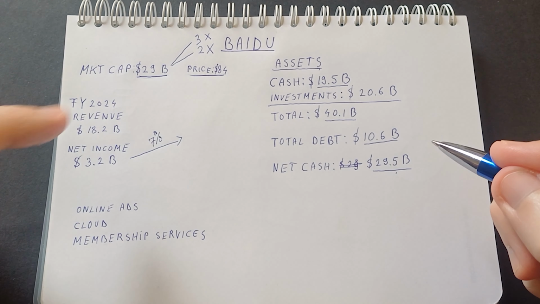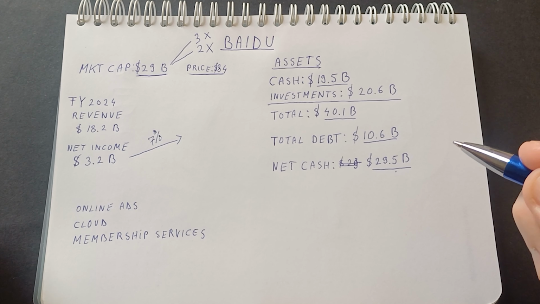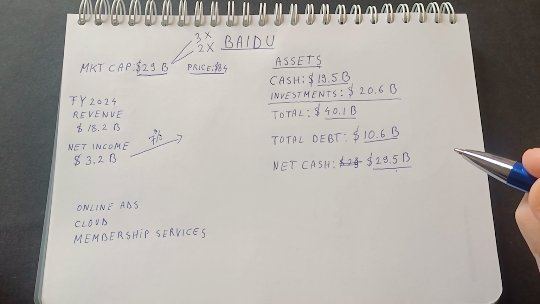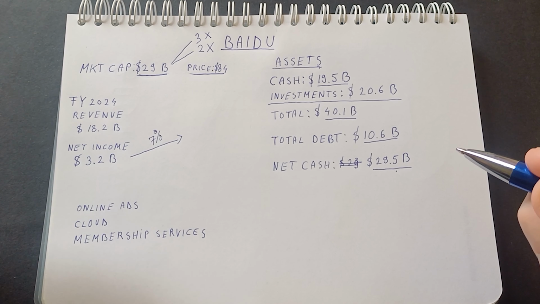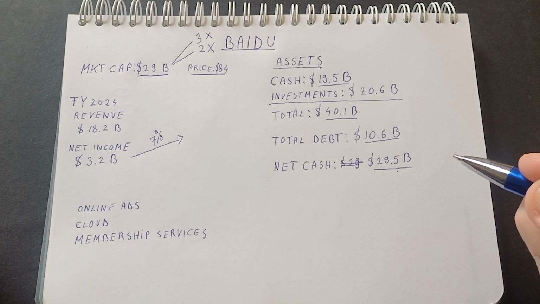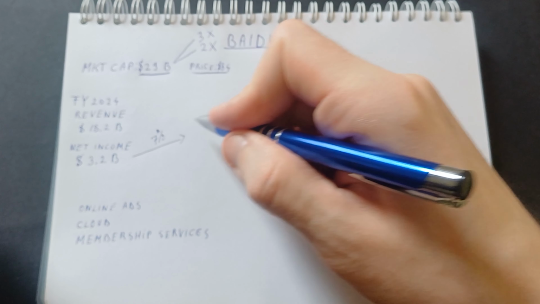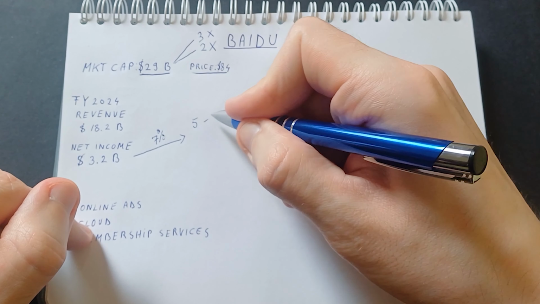So you have the conservative case, where you have a double from this investment. And then, the great case scenario, you can have a 3x. And that's quite amazing. Now, to assess if this company can grow by 7% a year over the next 5 to 10 years,